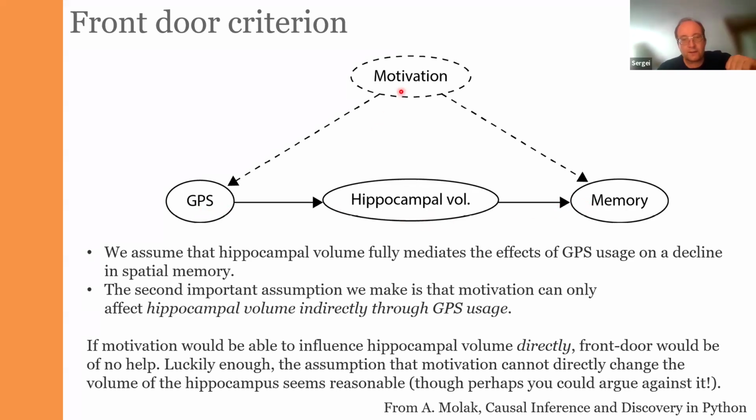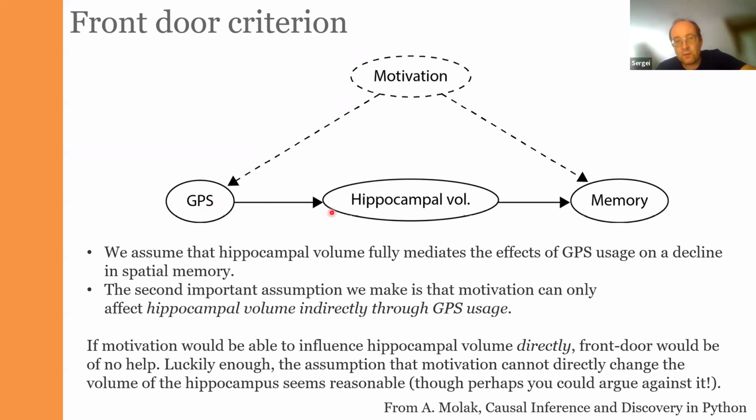So we assume that motivation can affect both the GPS use and memory. We don't know that. However, we assume that the hippocampus volume is related to memory, and the GPS will affect our hippocampal volume. So motivation is not observable, but the hippocampal volume is. That's something that can be measured directly using the brain scan,